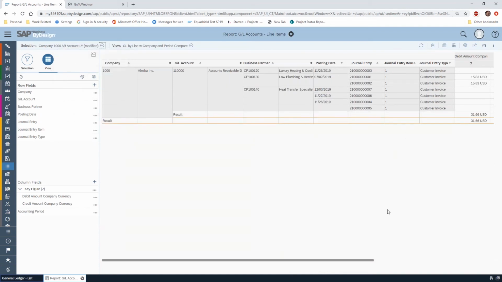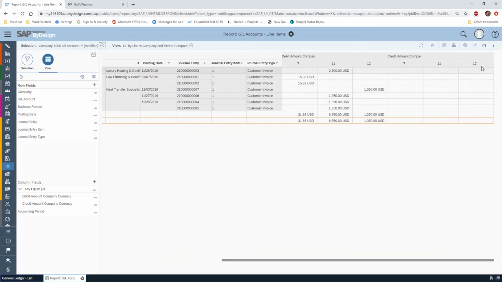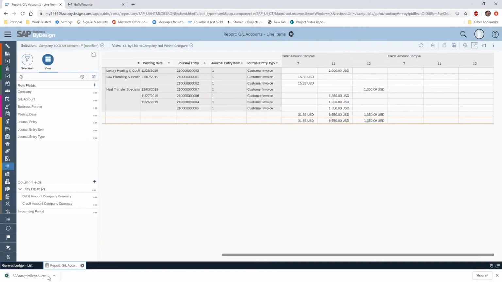Let's talk a little bit about exporting reports. So if you have a report and you have some data and you want to bring it into Excel, you would click on this item with the arrow and download. And there's two different ways to do exports. You can do a raw CSV format. I'll show you both of these. So if we do a CSV export,